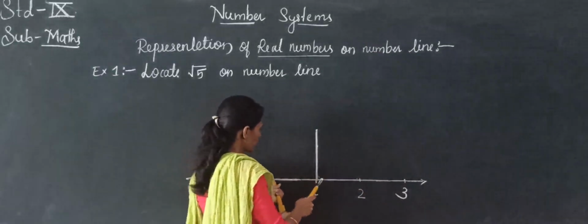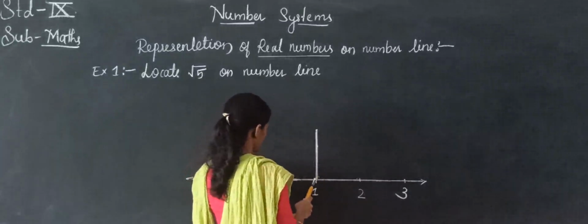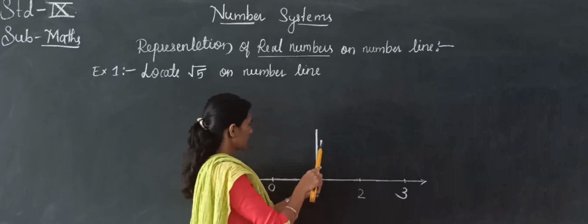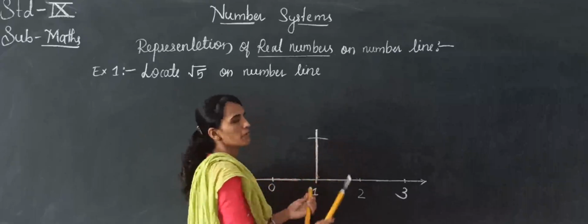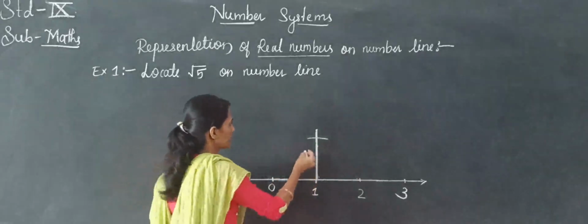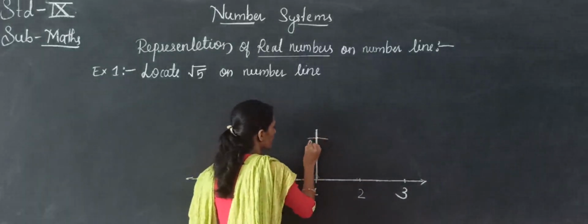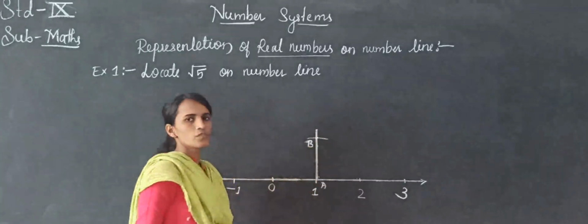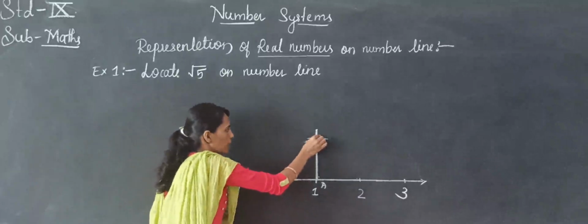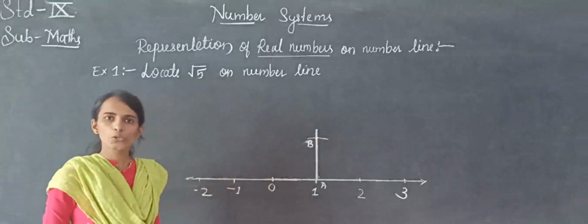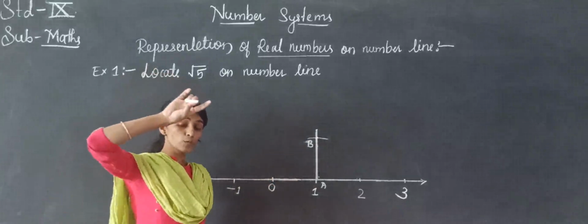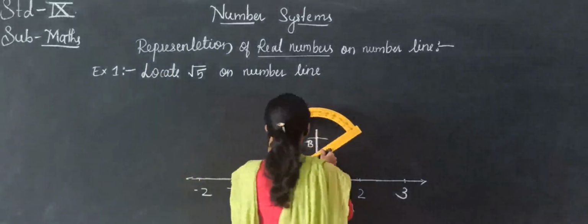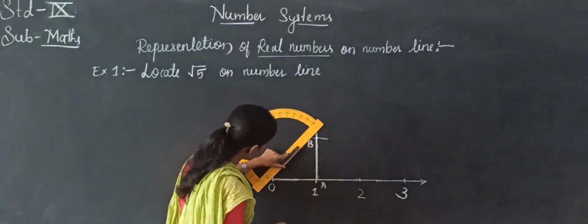Measure the distance from 0 to 1. Take 1 as a center point and cut the line below. Where you get it now, you can give the name A here, and here you can give the name B. When we join O to B, we will get the root 2 value, but we don't want root 2, we want root 3, root 5. So after that, take B as a center point. Here you have to join this one, O to B.